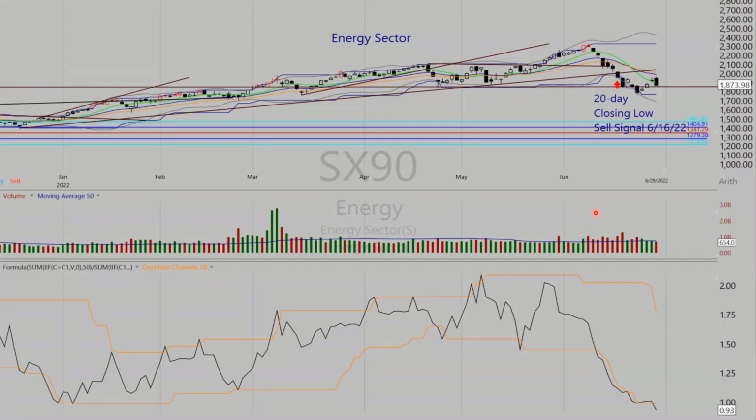So again, this is not a time to be trying to buy energy stocks as they pull back. This is not a time to be going after them like that. They're down and out for a while. We'll see how long that takes. Maybe it only is going to last for 3 months or something like that. I don't know. But all I do know right now is energy has given me a flat out sell signal, and risk management tells me it is no longer an area